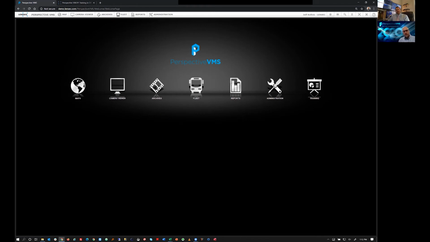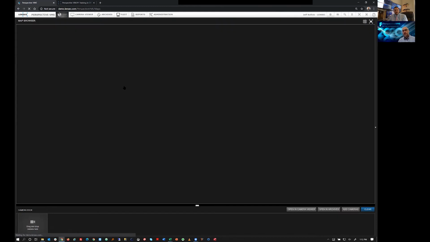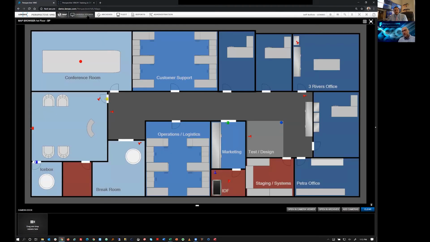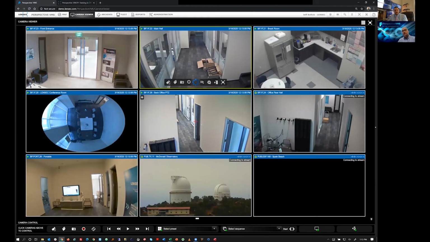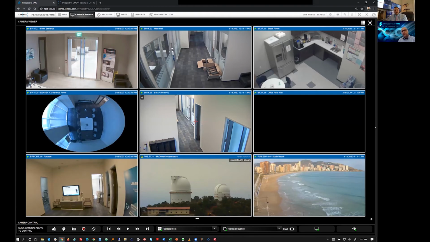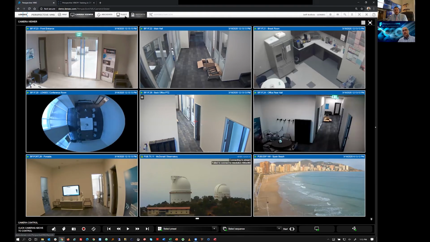And Jeff, I think it's important to mention, we say we're completely written in HTML5 and we're accessing this Houston site through the web. I think it's important because sometimes there is some confusion when you say, oh, we're a completely browser-based system. A lot of people want to say, oh, well, our system has a browser application. I can go to the internet and do my thing. But typically in a lot of those instances, what that still requires for the VAR partner or the end user customer is they need to actually install some sort of client